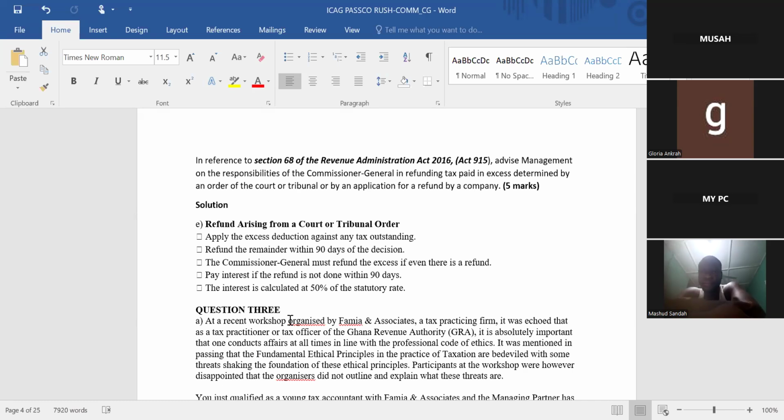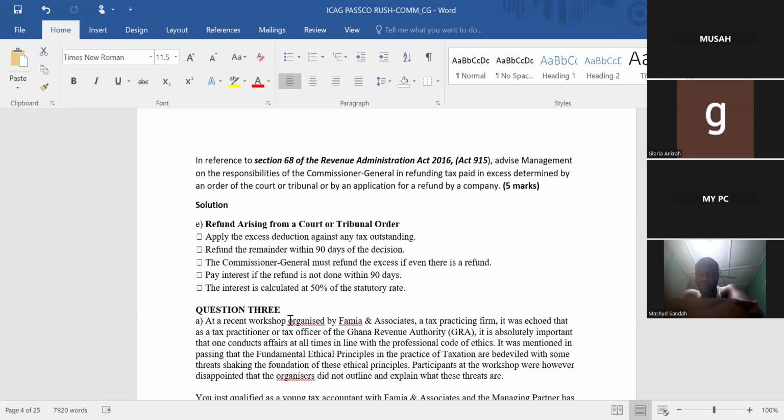The law says that the GRA is supposed to open a general refund account to take care of refund activities that may be requested or demanded by taxpayers. Previously, the law set 6% of the total revenue generated for the period, that is for a year, into the general refund account.